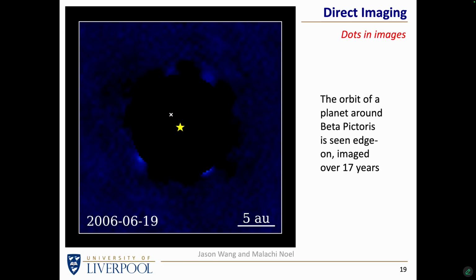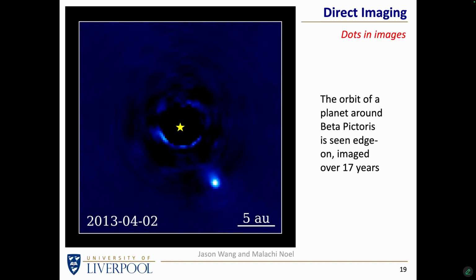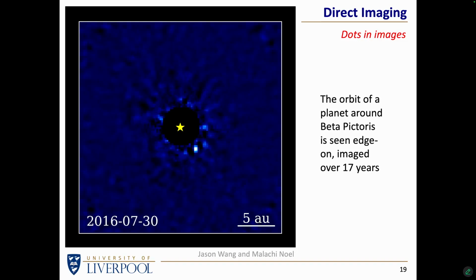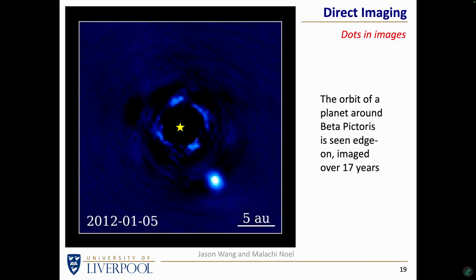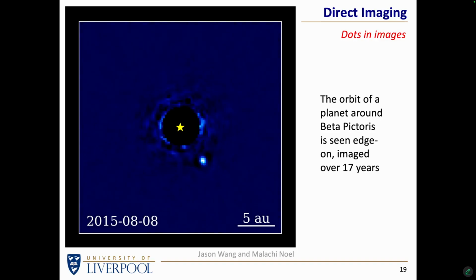It even works if we're seeing the solar system edge on. Here, a large occulting disk in the middle is blocking the star, and you can see the planet shows itself when it appears on one side or when it appears on the other. Let's run that animation again. We can't see it when it's behind the disk, but if it's far enough from the star, we see it on one side, and as it's going round the star, we can see it when it pops up on the